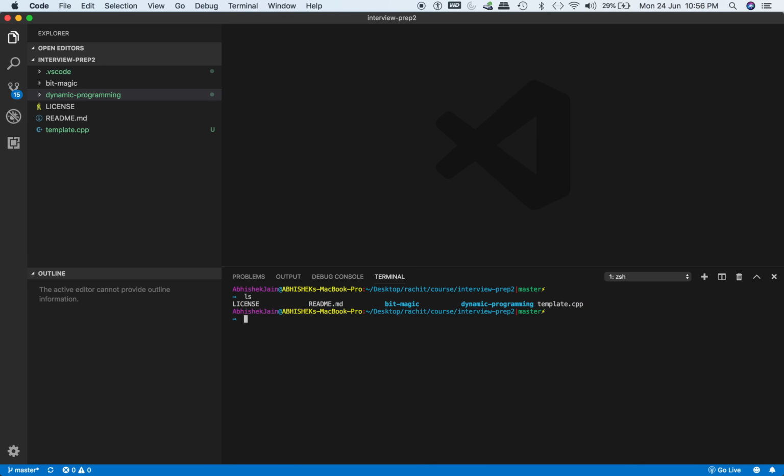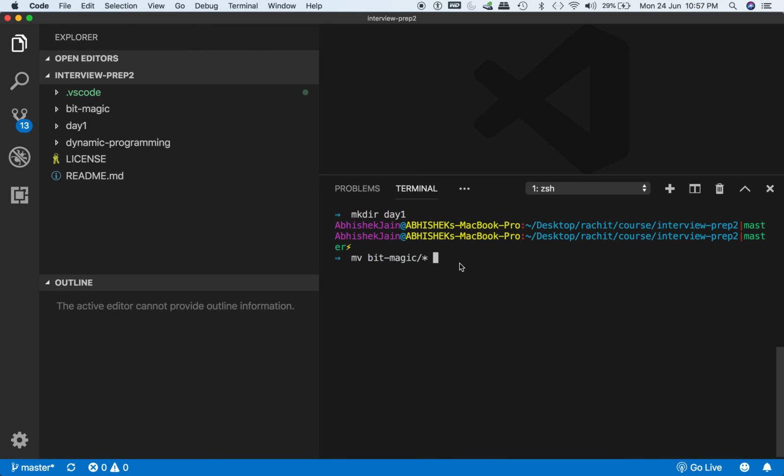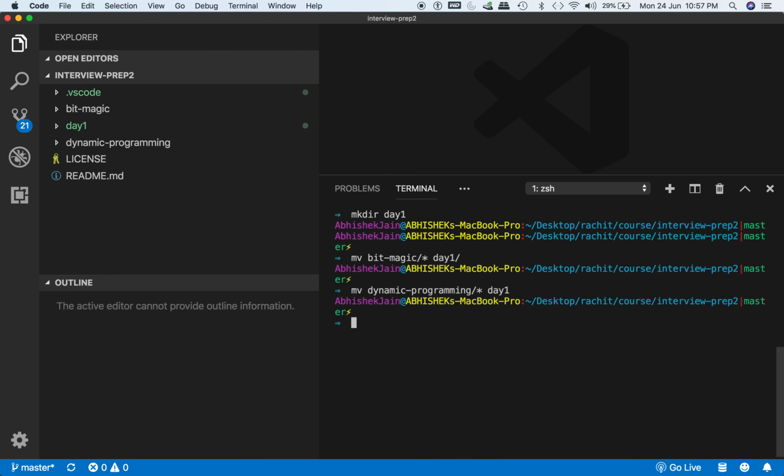do those movements. Okay, so I will say mkdir day 0 or day 1, and we will move everything from bit magic. So we should put a star over here. I made a mistake over there. I think I should also zoom in. So we move bit magic star to day 1, and then also let's move from dynamic programming to again day 1. So star day 1. Alright, awesome. We can get rid of bit magic and dynamic programming,